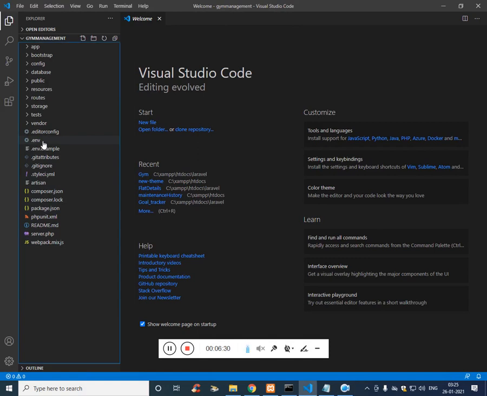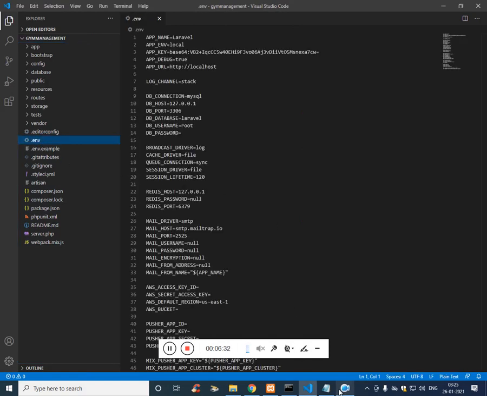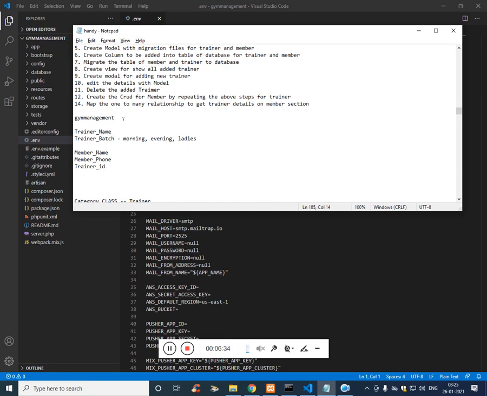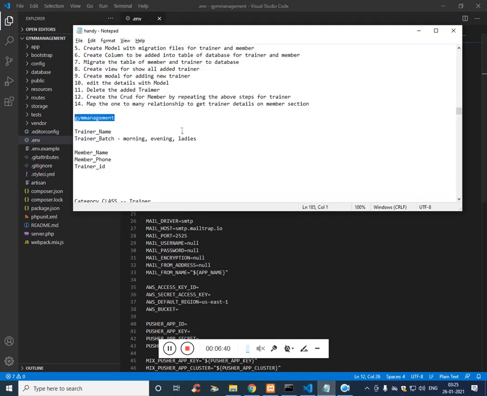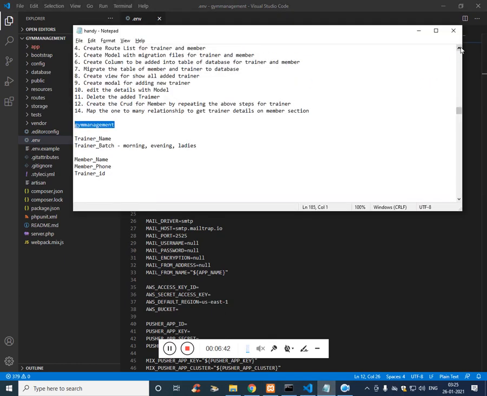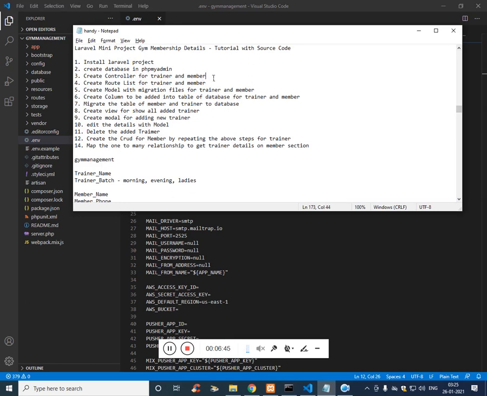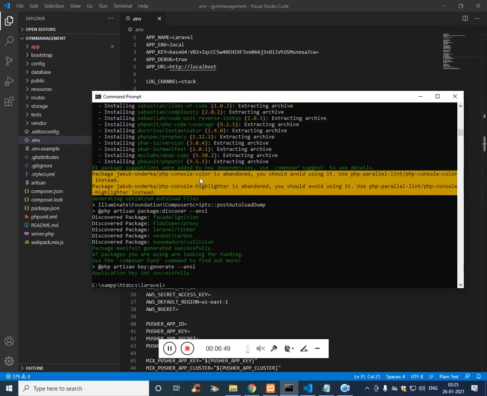So this is where the database details come. We have created the database called gym management. We'll just have to paste it in the database section, and now that's done. The next step, we have to create controllers for trainer and member. So before starting the server, php artisan make